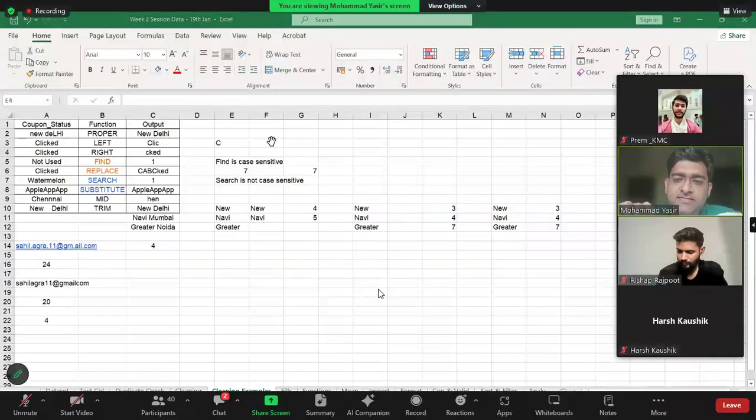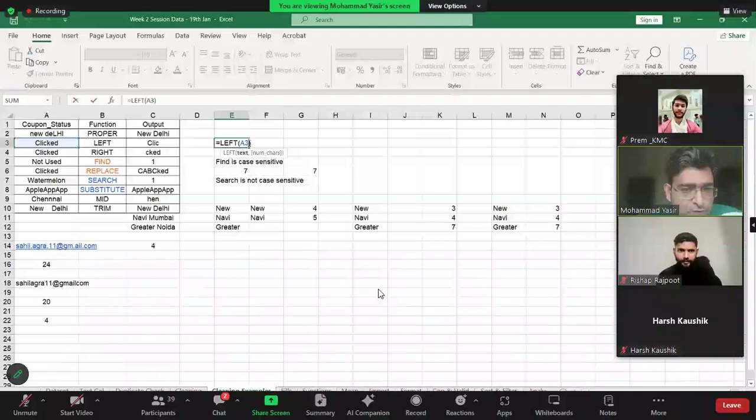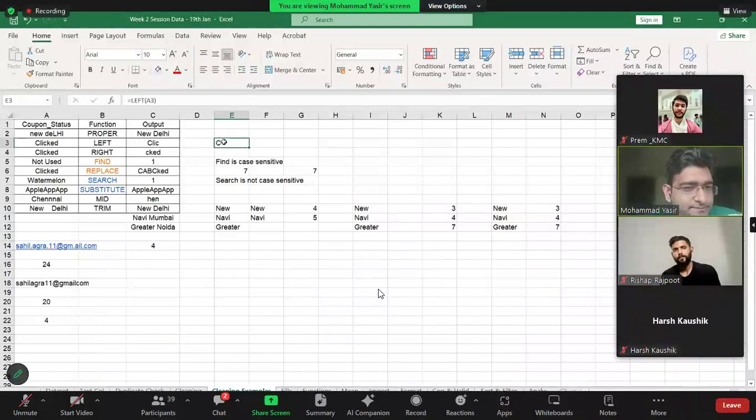So Excel has a big advantage where whenever we are trying out a function, it will give us the list of arguments expected by the function, right? So you can understand whether this argument is mandatory or optional. And a lot of people ask this question: in the left formula, if I give the string only and don't give anything else, will I face an error? The answer is no.